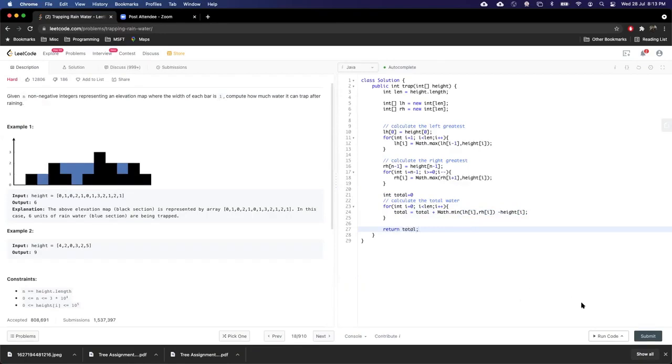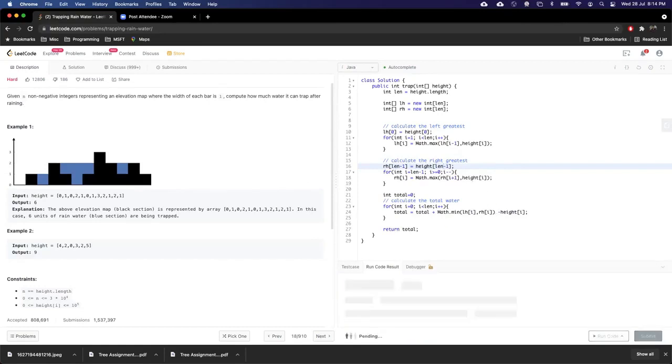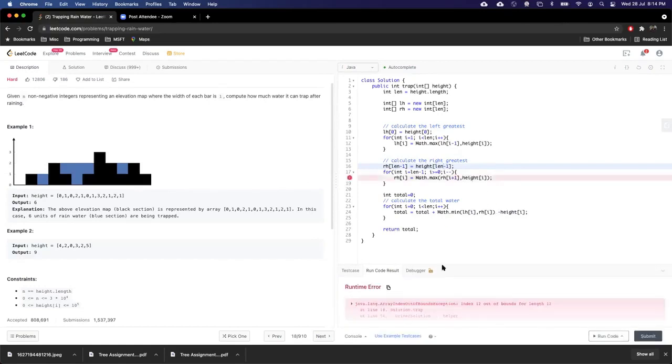Okay. So let's try to run the code to see whether we have made any mistake. So this one, n minus 1. Okay, it should be array length. So it's not defined. It should be last element. Out of bound.